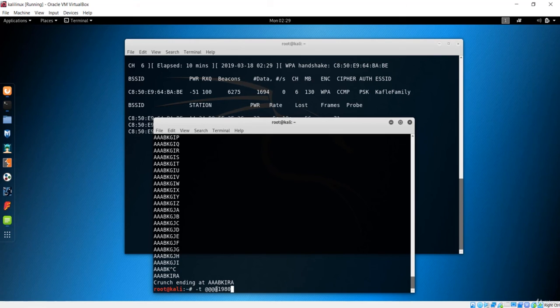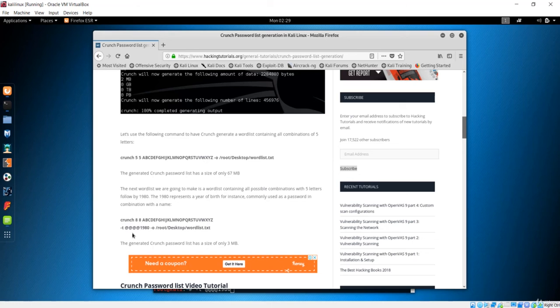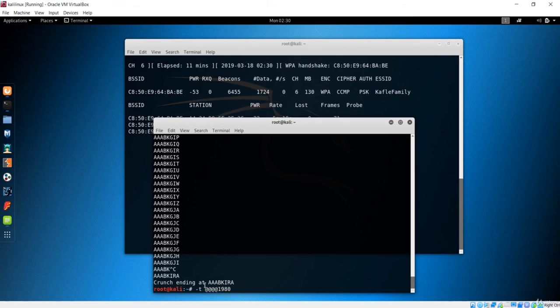That means 4 characters should always be the number 1980s, and the other 4 can be anything, because we want 8 characters. You can clearly see we have the 8 characters, and for the pattern, if you want anything over here, then it should be with the @. So @ defines each character, so it can be from A to Z, and this @ also can be from A to Z, and for this 4 it can be from A to Z, and after that it should end with 1980s. So this is the pattern you can include in your crunch list with this -t argument.